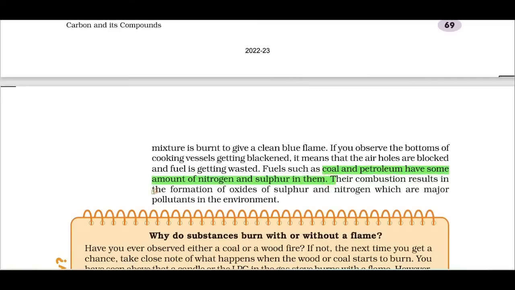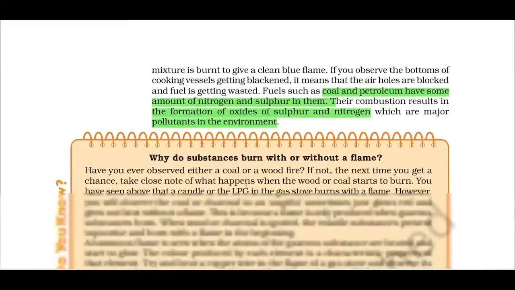results in what? Formation of oxides of sulfur and nitrogen, which are major air pollutants in the environment, because coal and petroleum have what? Nitrogen and sulfur in them. On combustion, what happens? It forms the oxides of sulfur and nitrogen, which are major air pollutants, which can result